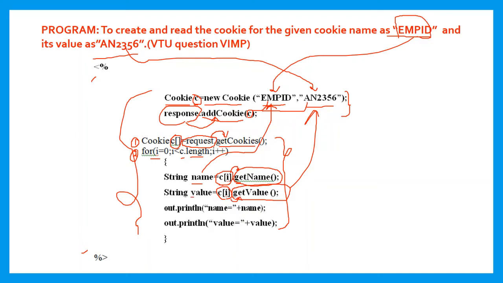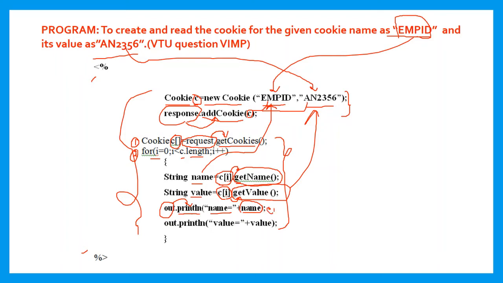Now I want to print the result on the browser, that is the cookie name and cookie value. For that we have made use of a method called println. It belongs to the PrintWriter class. Here, for the PrintWriter class the default object is out. With the help of the default object out, I am going to call the println method. So this is a label, and the name which is available in the Cookie class is employee ID, so I will get a result as employee ID.